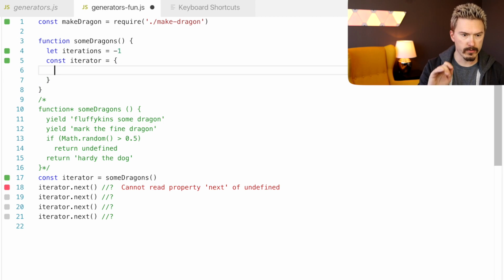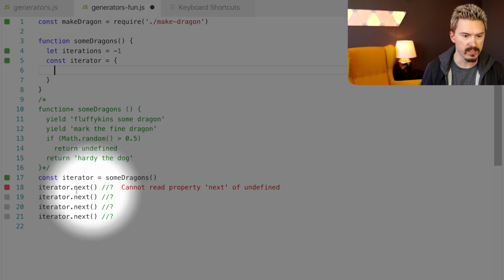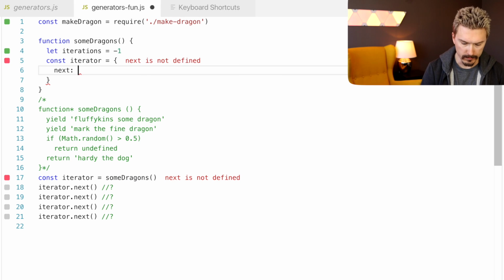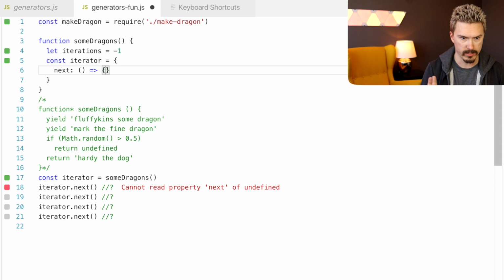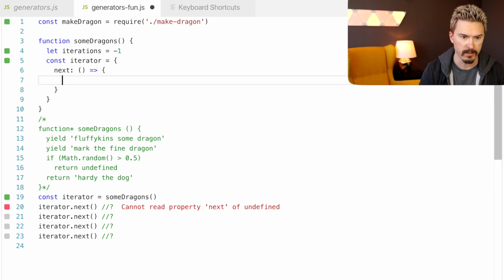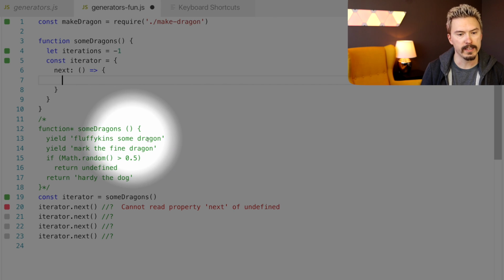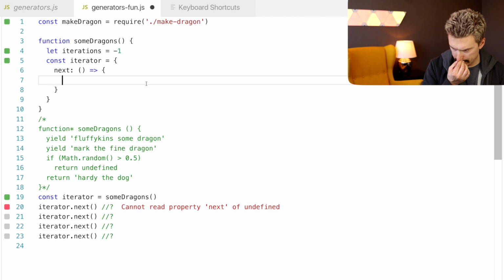And remember, an iterator, well, you can see here that an iterator is something that we can call next on. And next is supposed to give us the next object in the thingy thing. And the next object is going to be the first object, which is Fluffykins the dragon. But, well, let's actually do that. Return